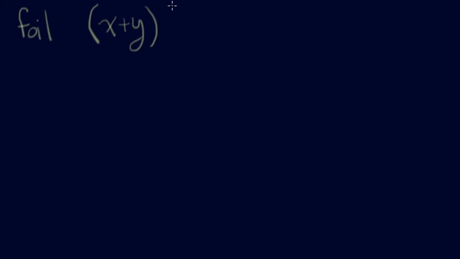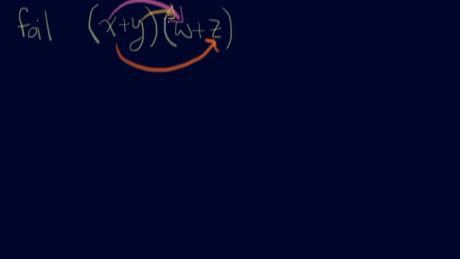Multiplying things together. So basically multiplying binomials together. And actually, let's take a look at, I guess I'll do this one. So w plus z. So what happens here? So first, outside, inside, last. That's what it stands for. So the first terms multiply together, the outside terms multiply together, the inside terms, and then lastly, the last terms multiply together. And this all equals, it's going to look weird,